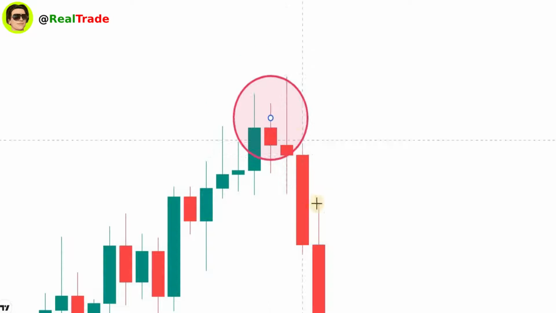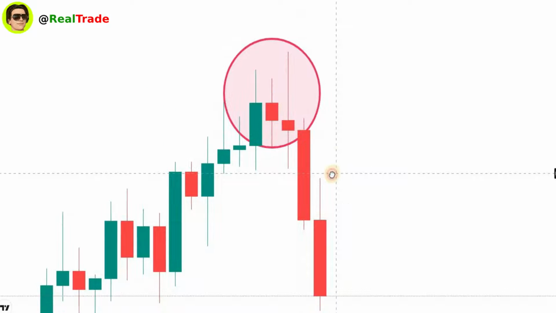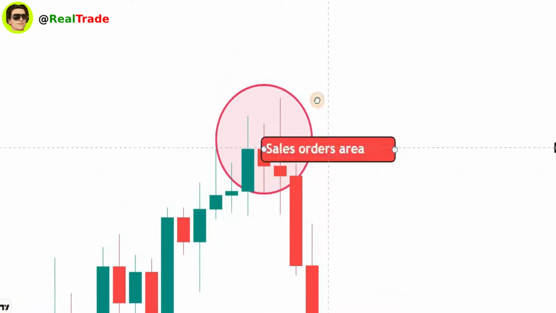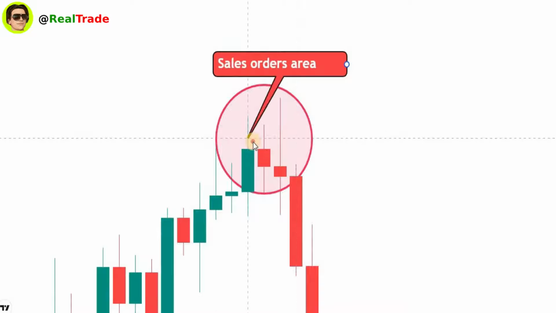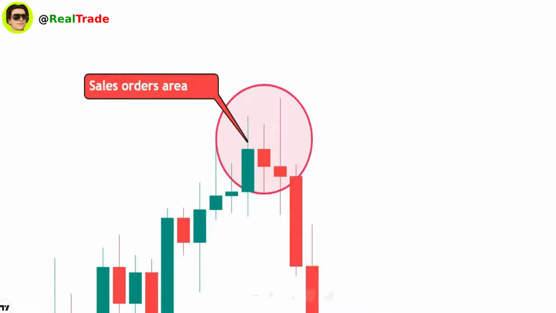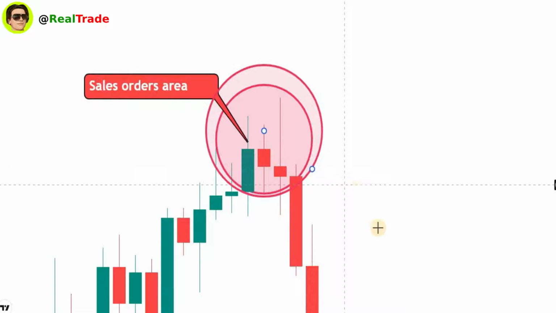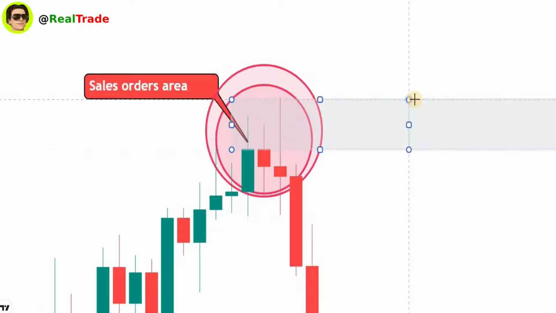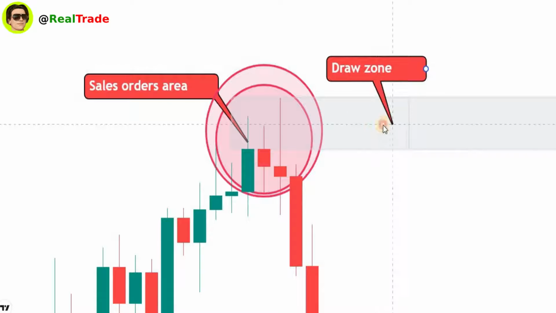Continue. Look at this area. End of the candle and a tree shadow. Yes, this area is a sell order area. This area is the best local resistance zone. I design this area, draft zone,